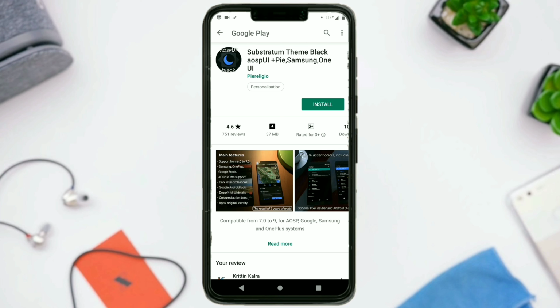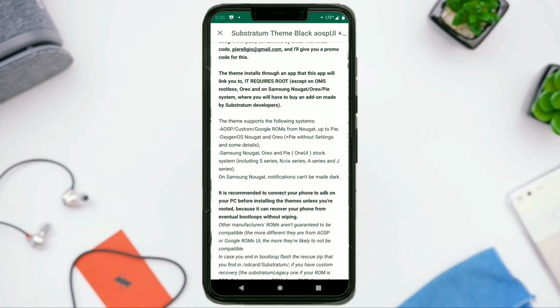Okay, now I will just quickly go into the theme requirements, and you can see here it says it right directly in the first line: compatible from 7.0 to 9 for AOSP, Google, Samsung and OnePlus systems. And if you go down, then you can also see this detailed section. It says that the theme supports the following systems: